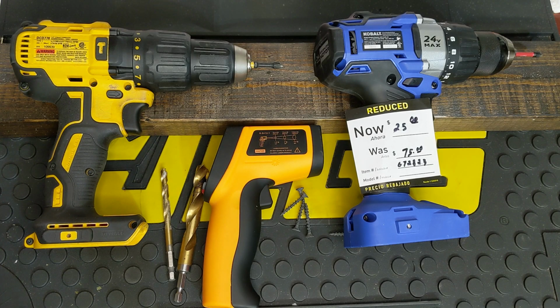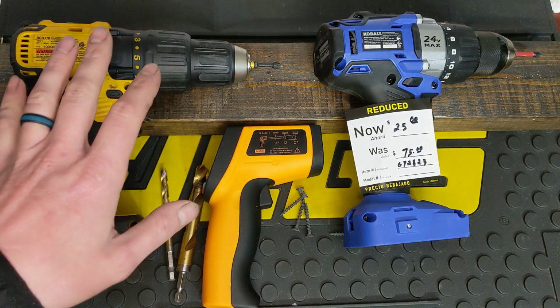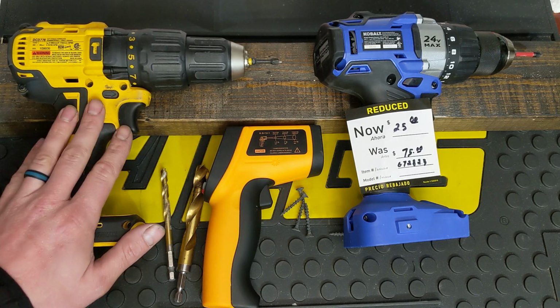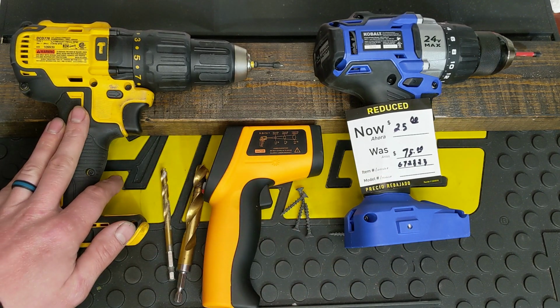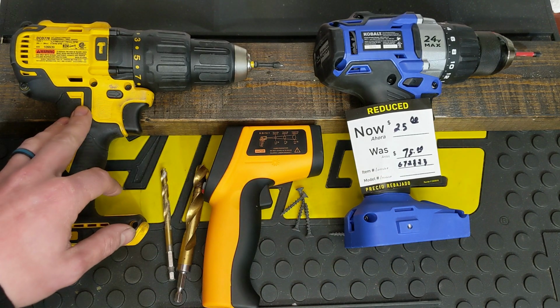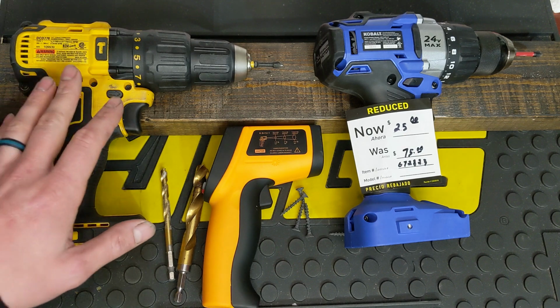And today we're going to be going into these two drills. This one being 20 volt Dewalt, this one being the Kobalt 24 volt. This I've had for a year or two. I got it around the holidays. I can't remember if it was last year or the year before, but this was one of those kits that